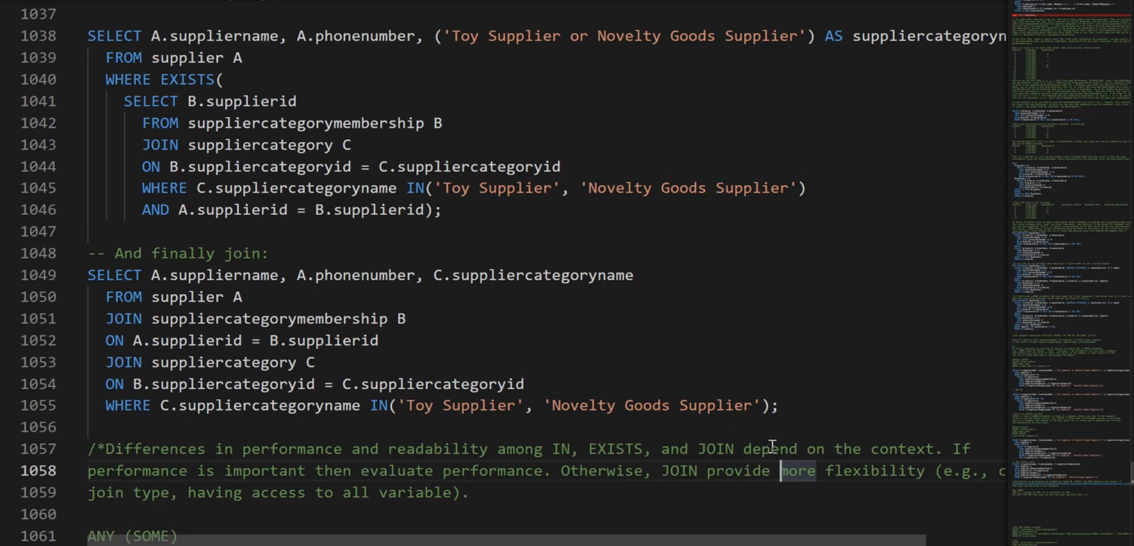If performance is not a consideration, you're not running the query enough times, so it's not a big enough data set, then go with whatever one you're more comfortable with. Sometimes using join or using EXISTS or IN might make it easier to read the code. For me, it's rare that IN or EXISTS is easier to read than joins, but that might be different for other people. One important thing though is that join provides a lot more flexibility. You not only get access to all the columns in all the tables that you're joining, but you can also do things like decide whether this should be left join, inner join, right join,